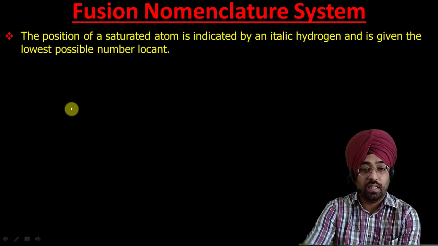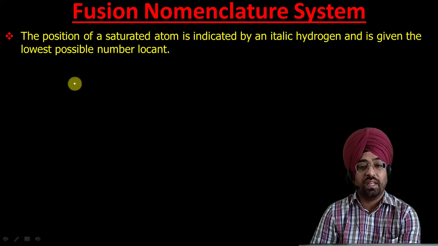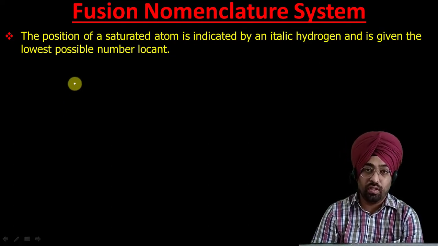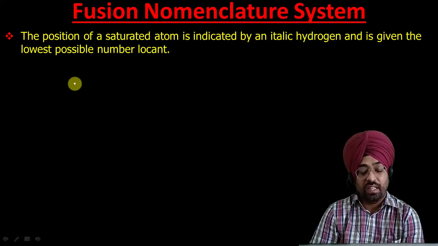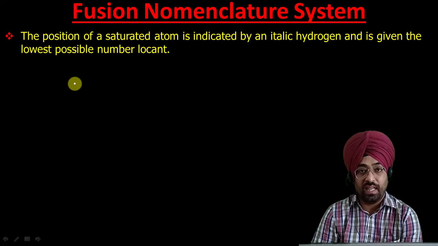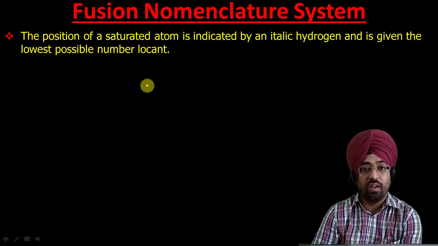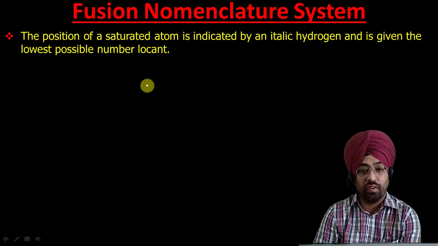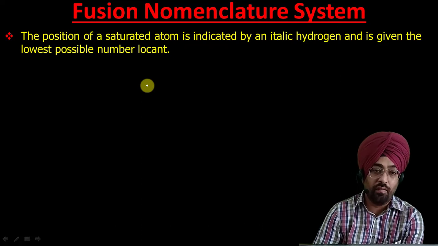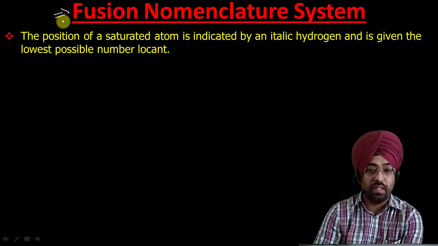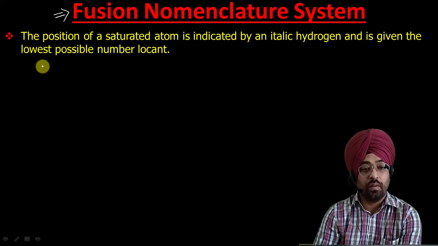Now let us see the next rule. There are actually many ways by which you can apply these rules. You can also follow IUPAC rules, which take the help of horizontal and vertical axes. Those rules are also there, but I have followed the RR Gupta book, because you will get most of your exam questions from this book. So that's why I am following this numbering system of fused heterocycles given in your RR Gupta book.